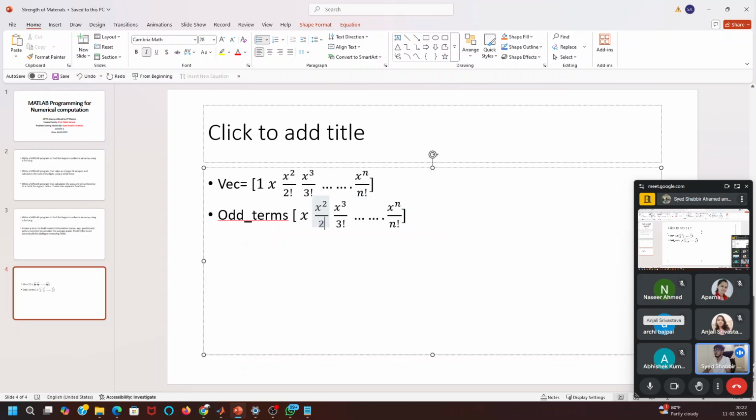Oh, this will be gone. This will be gone. So I'll have a function like this. So now you can see in this vector of odd terms, when I sum for sin,